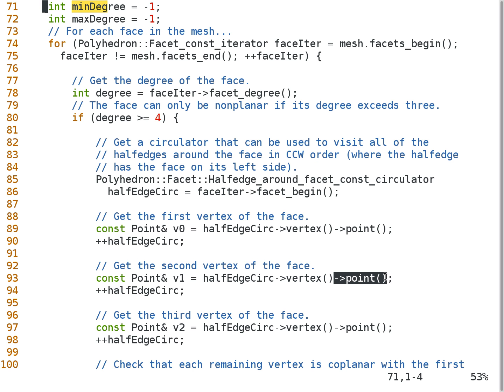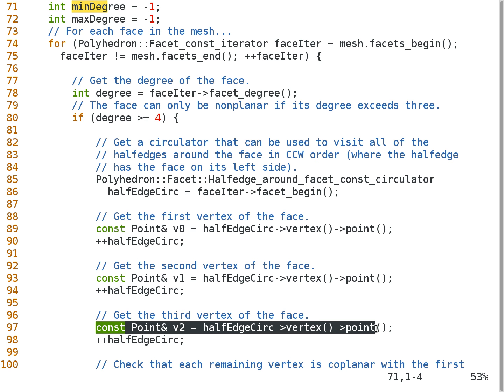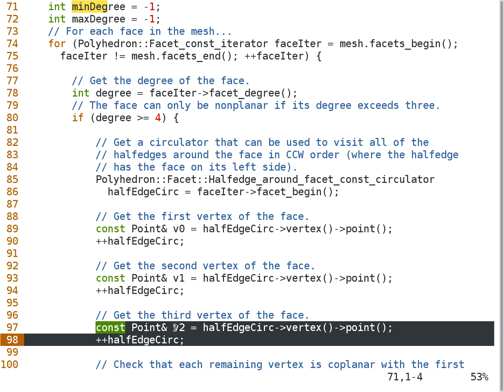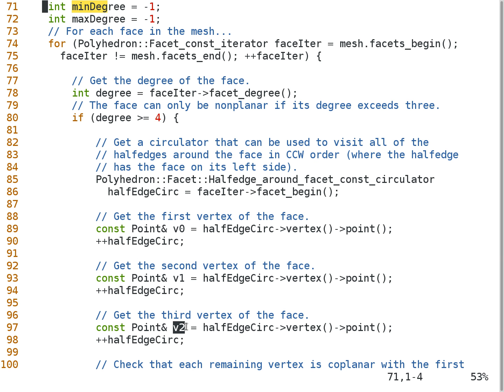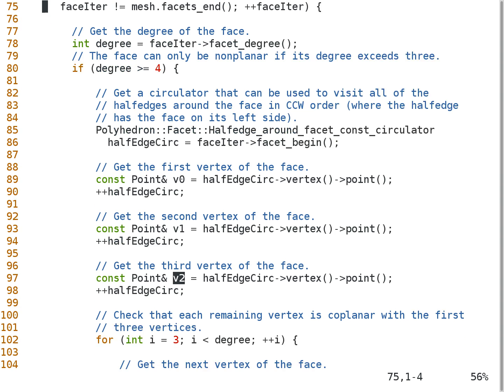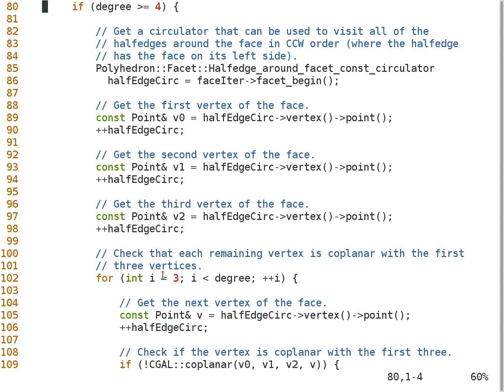And then we call the point member function to get the coordinates of that vertex. And we save this using a reference called v1, and then we step to the next vertex, and we do a similar thing again, and basically assign to the reference v2 the coordinates of the third vertex around the face. And then what we're going to do in the remaining loop that comes below here, in this loop here, is